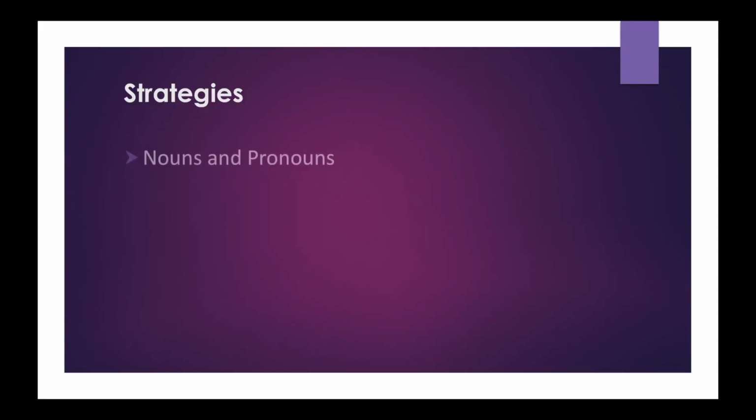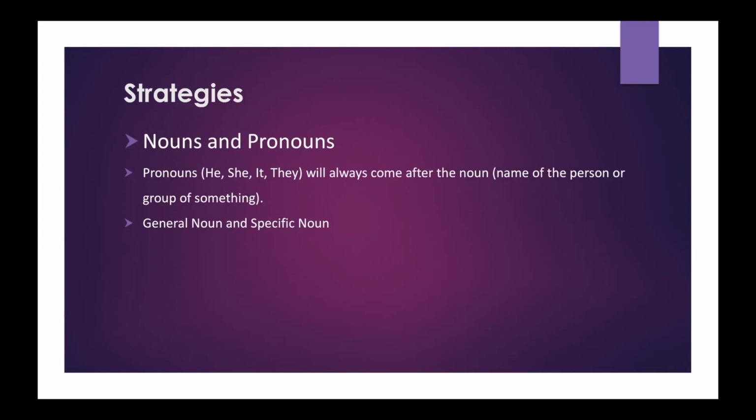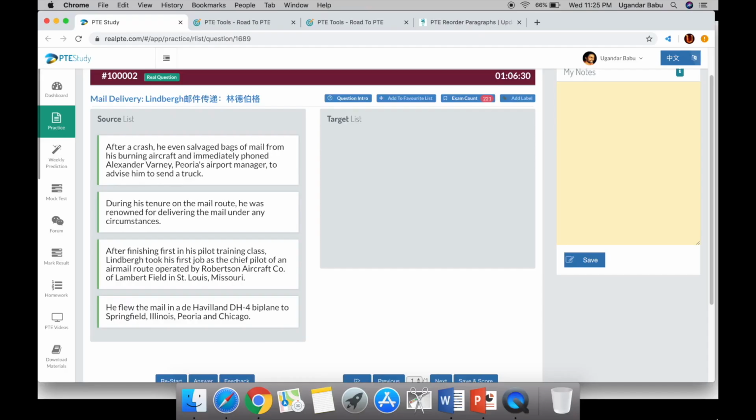Now we will see nouns and pronouns. When you see the pronouns such as he or she, then somewhere in the other sentence, the noun, that is the name of the person, will be mentioned. Look for that sentence and order the sentences as noun in the first place, which is followed by pronoun. So pronoun will always come after the noun. Look at this example. This example has all rules till what we have discussed now.